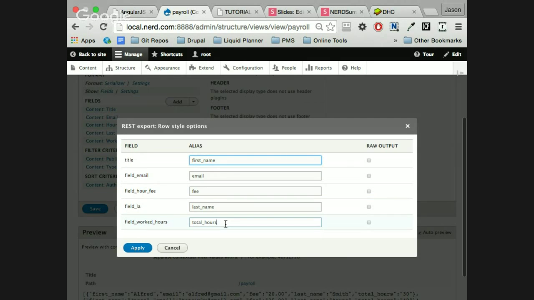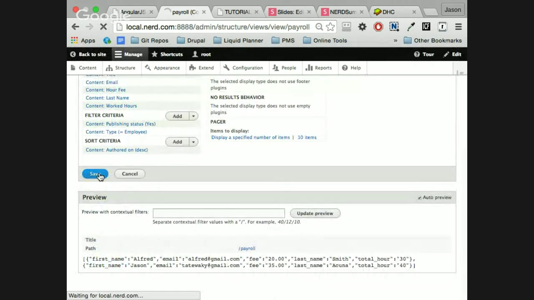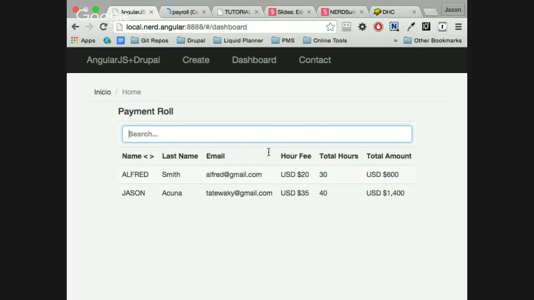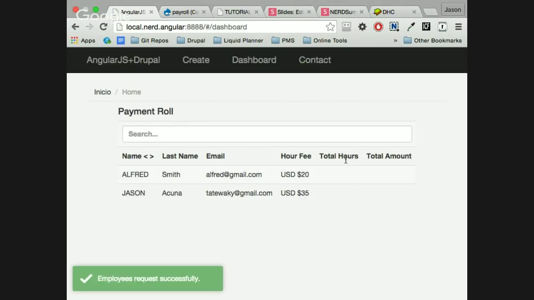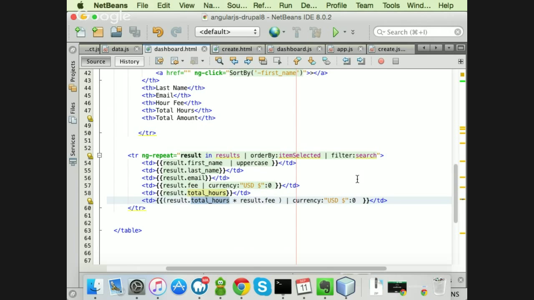If I change my alias for total hour, let's say, and I save that view, I will be providing my REST service with different information, and I will be receiving it in here. You see that? Now, total hours changed, and in my Angular app, I'm waiting for this variable, total hours with an S, but it never came that way. So it doesn't show this row, nor this row.